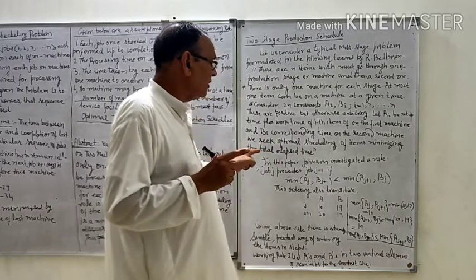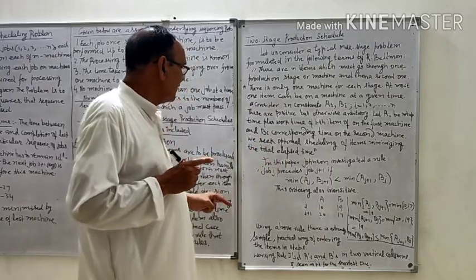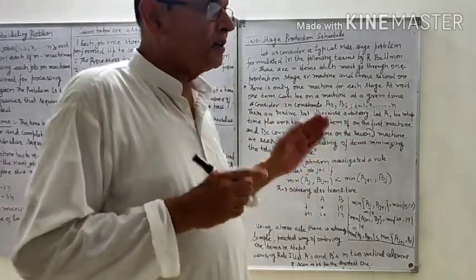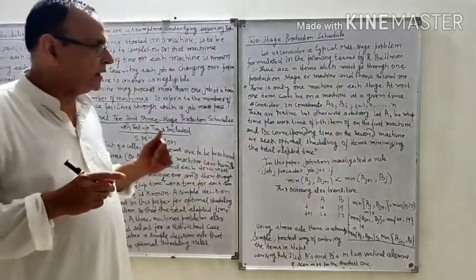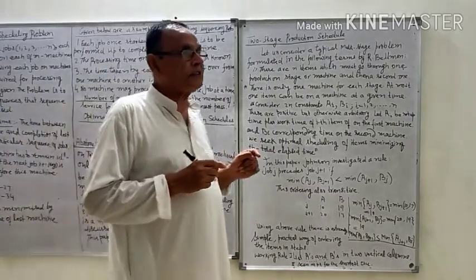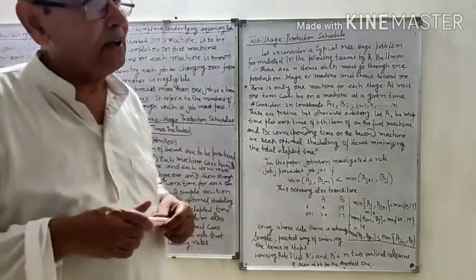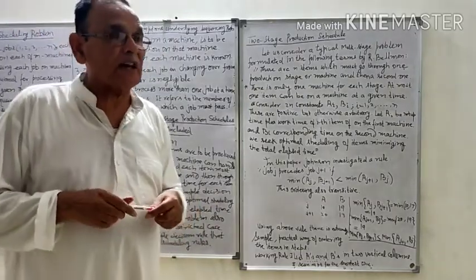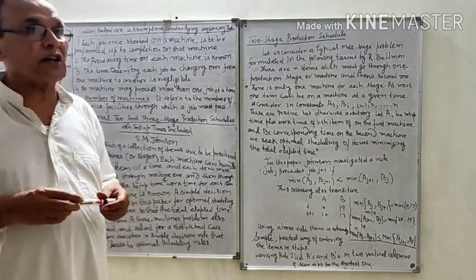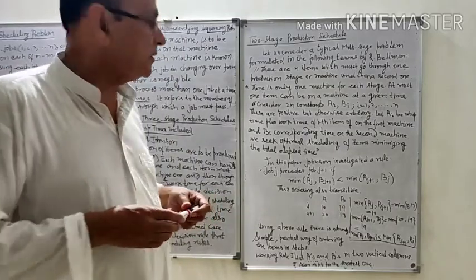We seek our problem. This is given by Johnson: we seek optimal scheduling of items, minimizing the total elapsed time. So the objective of that sequencing problem was to find the optimal sequence, and optimal sequence means the one which minimizes the total elapsed time. Minimization of total elapsed time depends on the minimization of total idle hours. If we minimize the total idle hours of the last machine, then total elapsed time is automatically minimized.